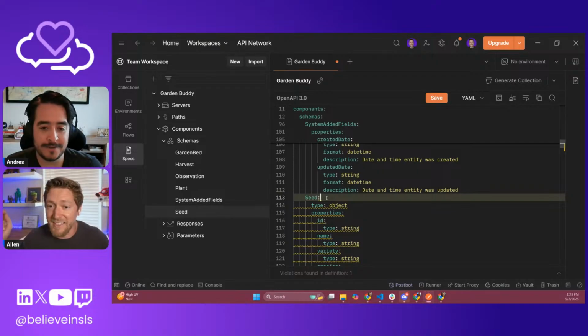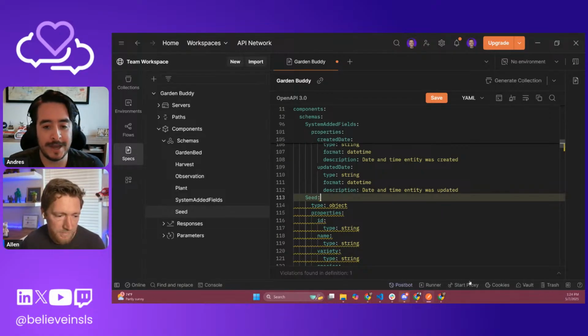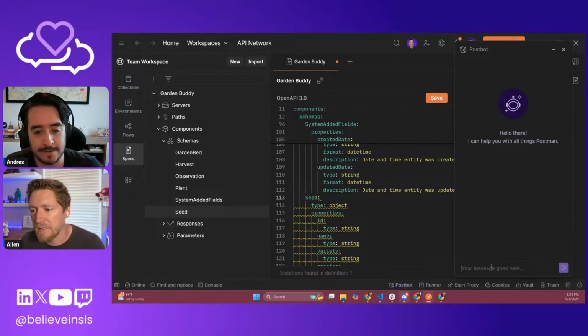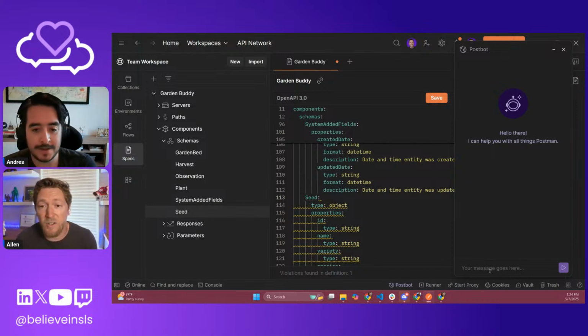A human could possibly consume it on a read, and consumption is much easier for a human. Here's a question, more on the Postman side and the JSON generation stuff. Did you see any hook for Postbot within that, where you can say, hey, I want an object that has this, this, and that? I guess you can just ask it and it'll generate. But let's see. I haven't tried Postbot with this. I don't know if it gets context of the Spec Hub, so let's find out.